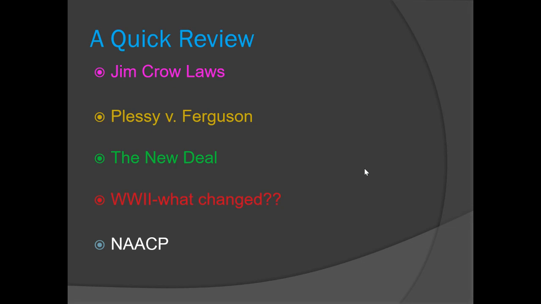So there is no segregation in the military after World War II, and that becomes part of this resurgence, because just like in any movement, whether it's the women's suffrage movement or the temperance movement that we've studied, you see these peaks and valleys, right? So this starts to go up this peak, and we see that that helps fuel what will be the climax or the high point of the civil rights movement,